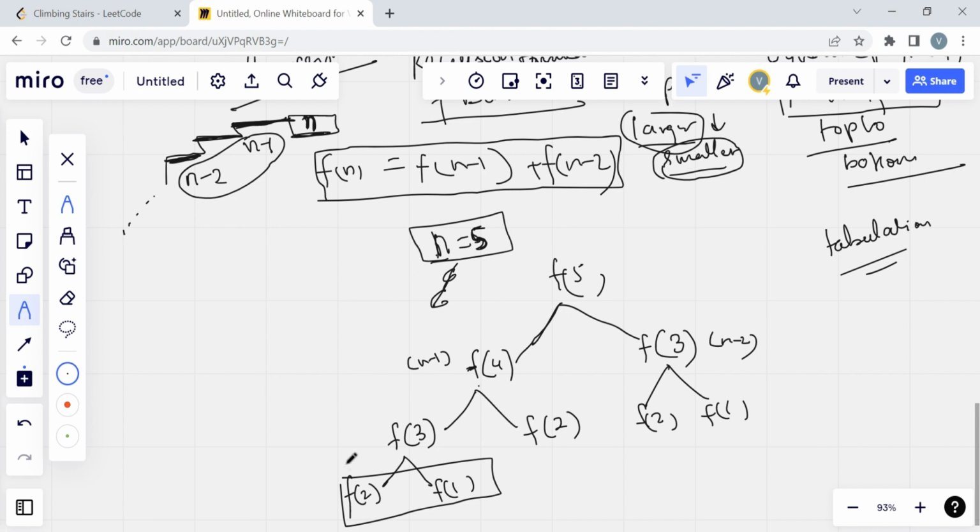So breaking down our larger sub problems into smaller sub problems, we have reached our base cases. F2 and F1 will be our base cases, because we are given that either we can climb 2 steps or I can climb 1 step. So we know